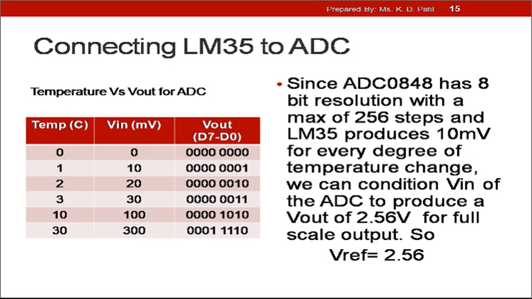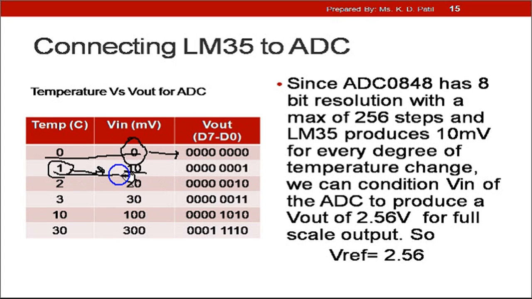So for this conversion we will require a temperature sensor, and from here to here for this conversion we will require an ADC. Now this voltage value is converted into digital numbers by using the ADC. Now if the temperature is 1 degree Celsius, the equivalent voltage of this 1 degree Celsius is 10 millivolt, and that's the reason we have connected V reference to 2.56 volt and V reference negative is equal to ground.